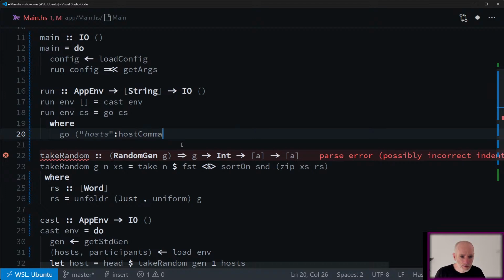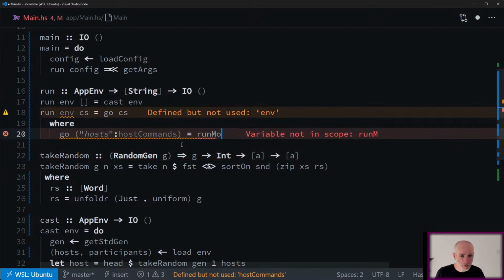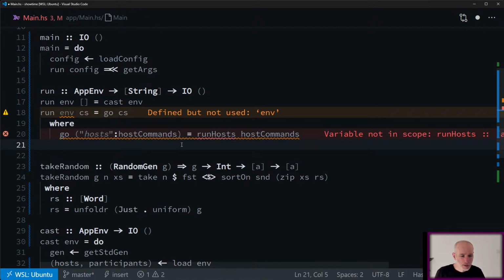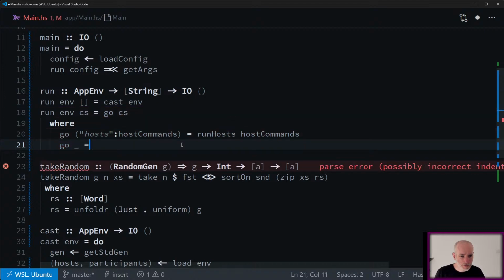Host command. So if that's the case, then we want to say run hosts with host commands. And then everything else, we can just return an error.